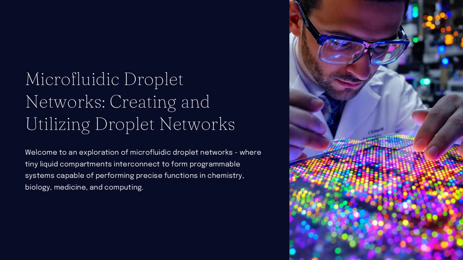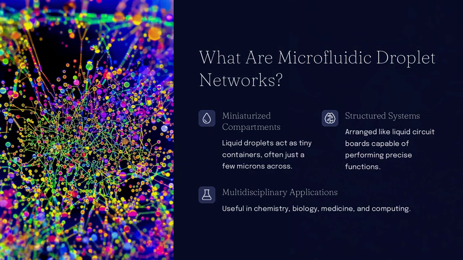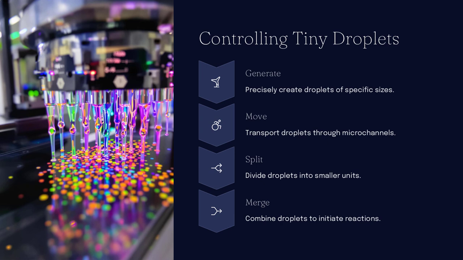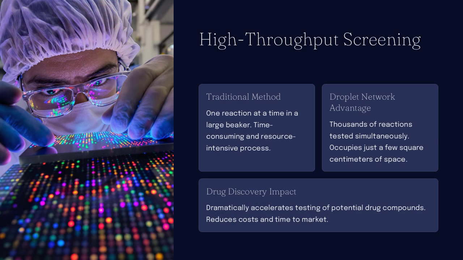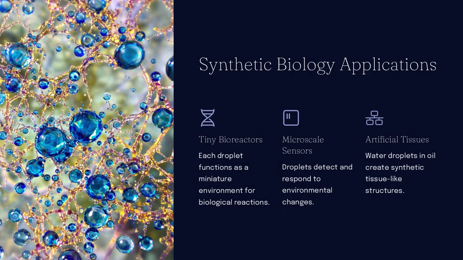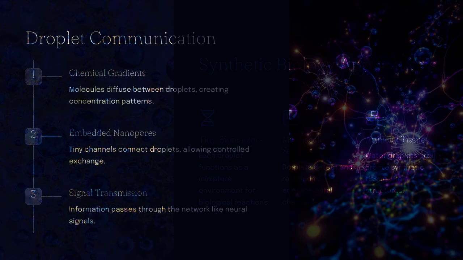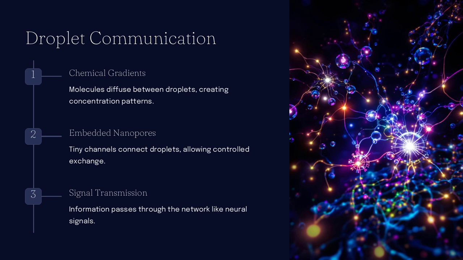Microfluidic droplet networks represent a fascinating frontier in science, where liquid droplets, each acting as a miniaturized compartment, are interconnected to form programmable systems. These networks aren't just random clusters of droplets. They're structured like a circuit board made of liquid, capable of performing precise functions, useful in chemistry, biology, medicine, and even computing. But how can a network of tiny droplets, each sometimes only a few microns across, be controlled and